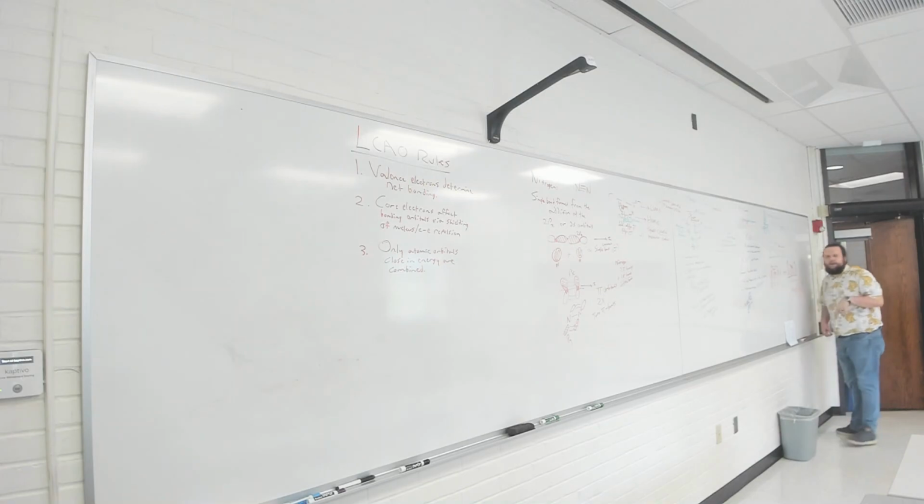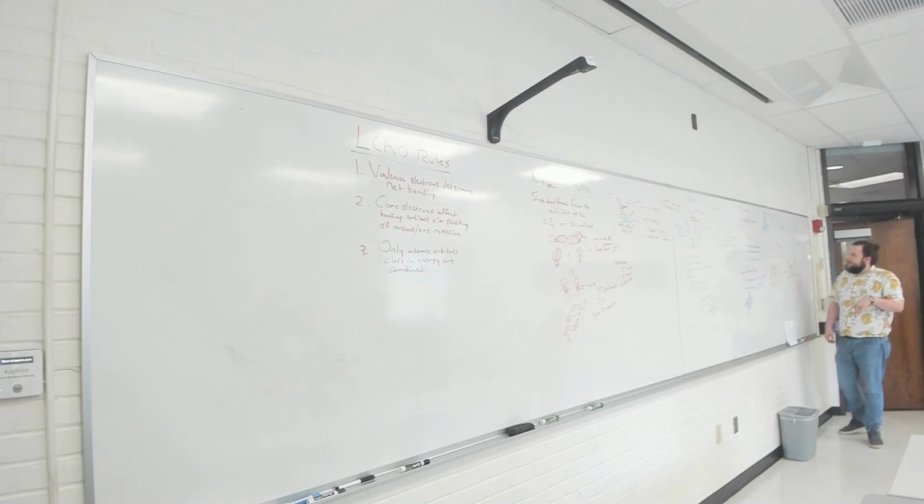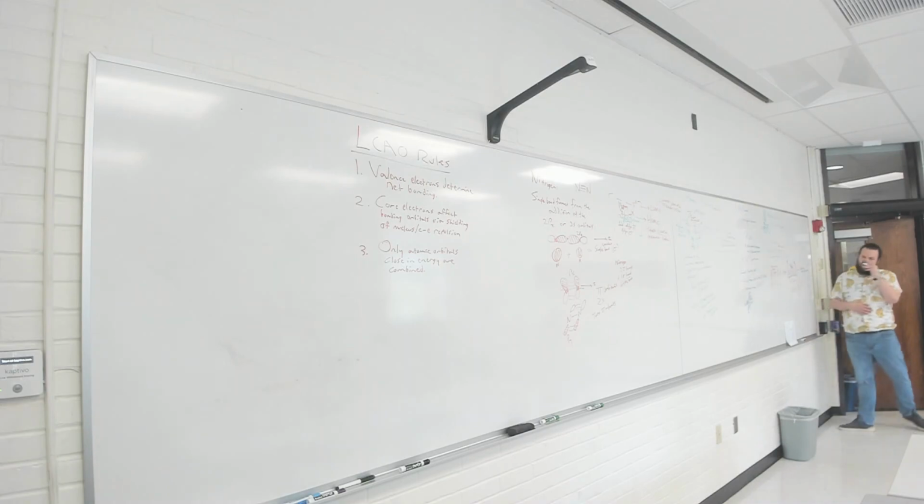I have 4 bonding orbitals all completely filled up, which is great. But they're all equivalent. They're degenerate. Okay? So what that would imply